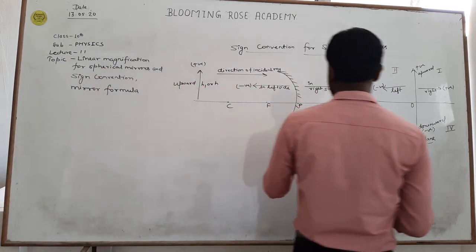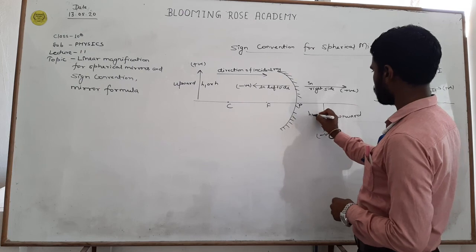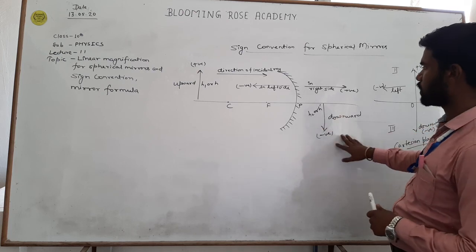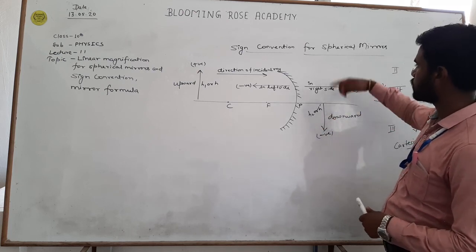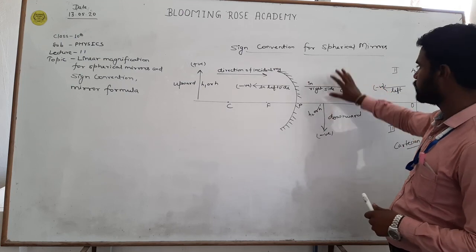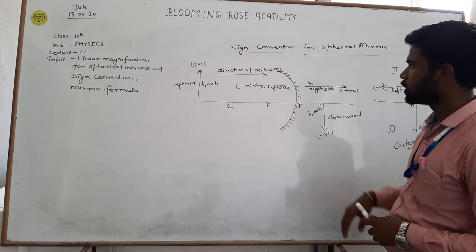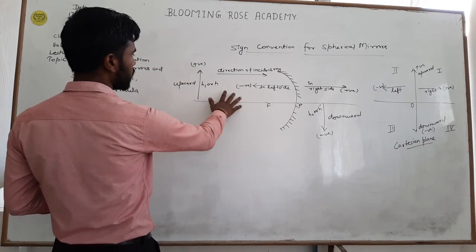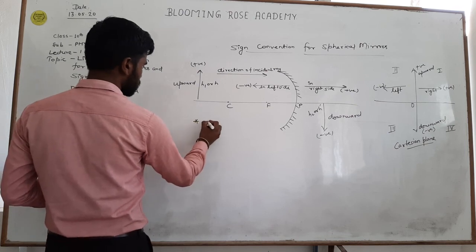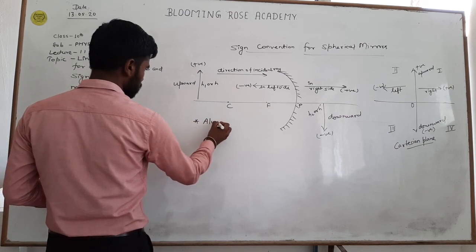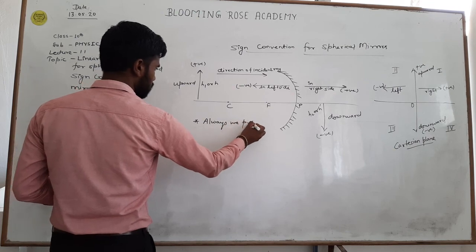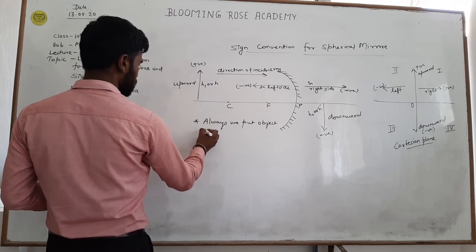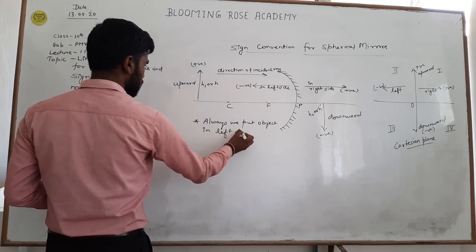We get the image as h2 or h dash, because in a concave mirror we get a real and inverted image. When the image is erect, then we take it positive. And we place u, so always we put the object in the left direction,